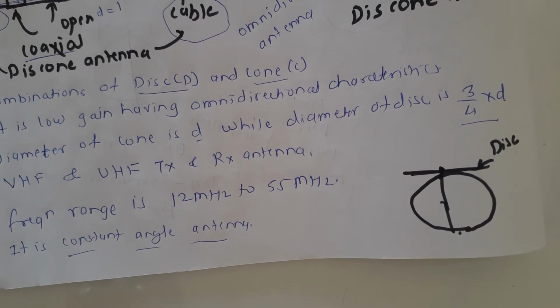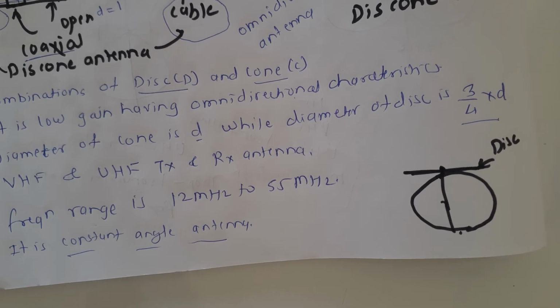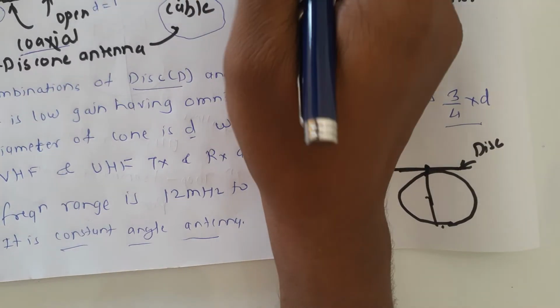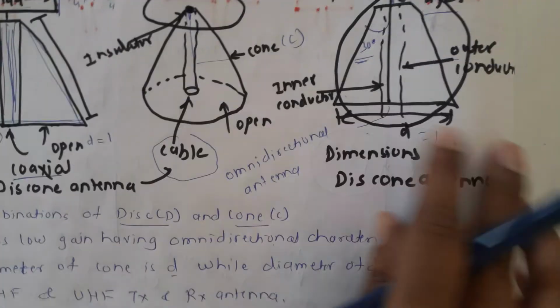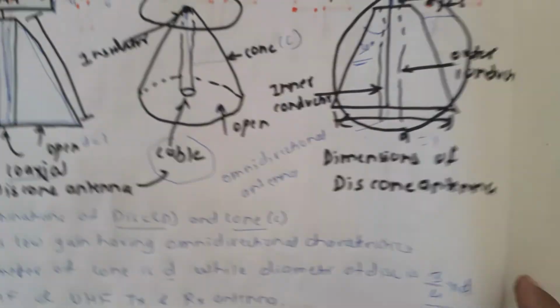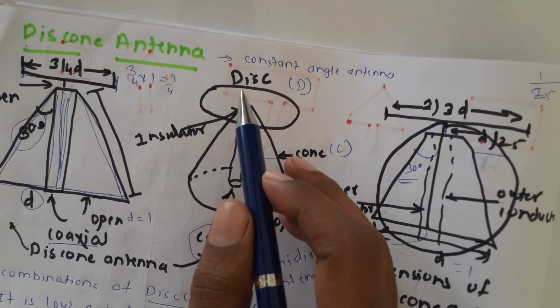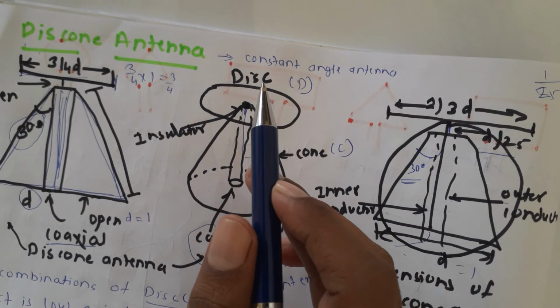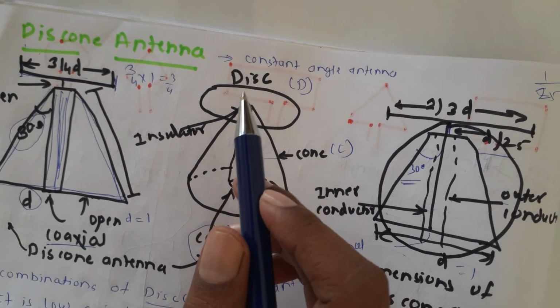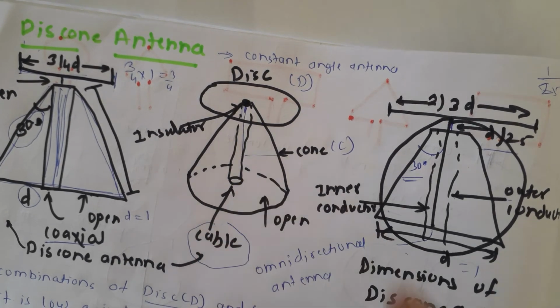It is also necessary to maintain communication with aeroplanes coming from any direction. Recently it has been used for the high frequency band. The same type of antenna is used in an aeroplane. If you see the aeroplane, this type of disc will be mounted on it. So this is particularly a disc cone antenna.